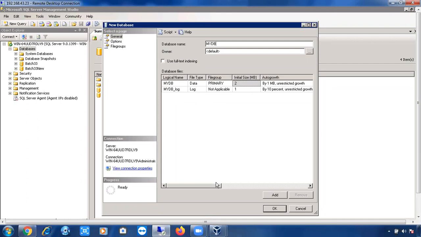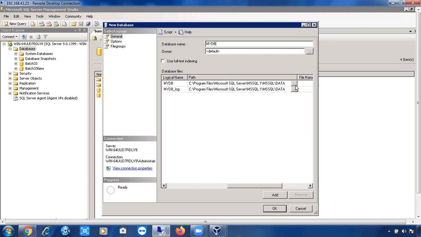A file is a physical item, so you can store it in any location on the computer, C drive or D drive. If you want to change the location of the data file and log file, you can change it here. Otherwise they are stored in the default location, and usually there is no need to change the path.